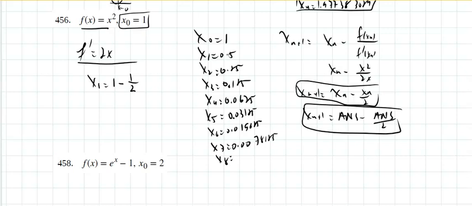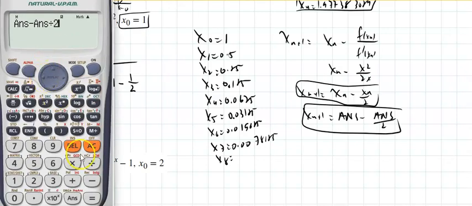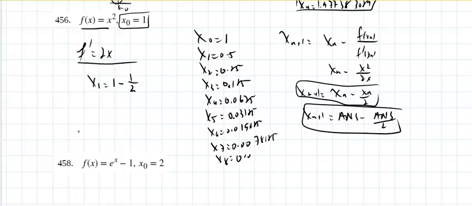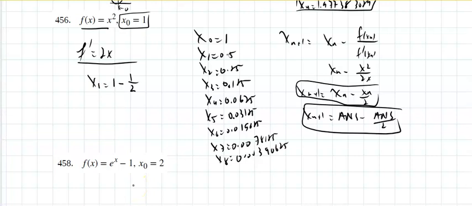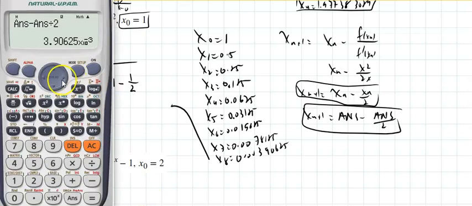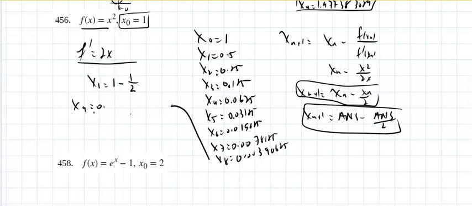X sub 8 is going to be 0.00390625. Now I'm going to continue here. The 9th iteration is going to get me 0.00195. Again, this is moving very slow. 125. X sub 10 will be